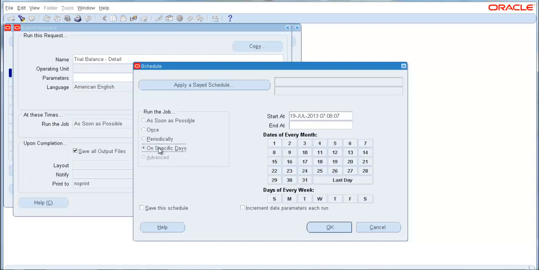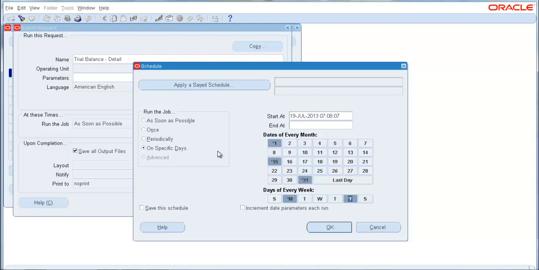And if you want to run it on a specific date, for example, I want to run on 1st of every month, I want to run on 15th of every month, I want it to run on 31st. So I want this report to be run automatically on the 1st, 15th, and 31st. Also, I want it to be run on every Monday or every Friday. So you can select the days in the week, or you can select the date in a month to run the report. So once I select this and set it, the system will automatically run the reports on the respective